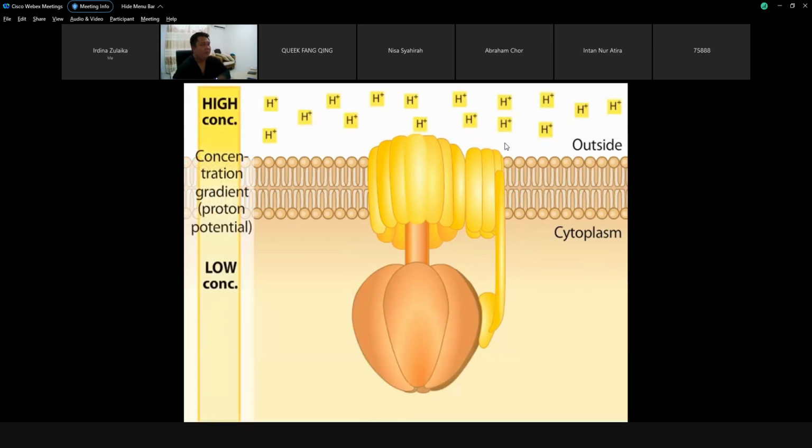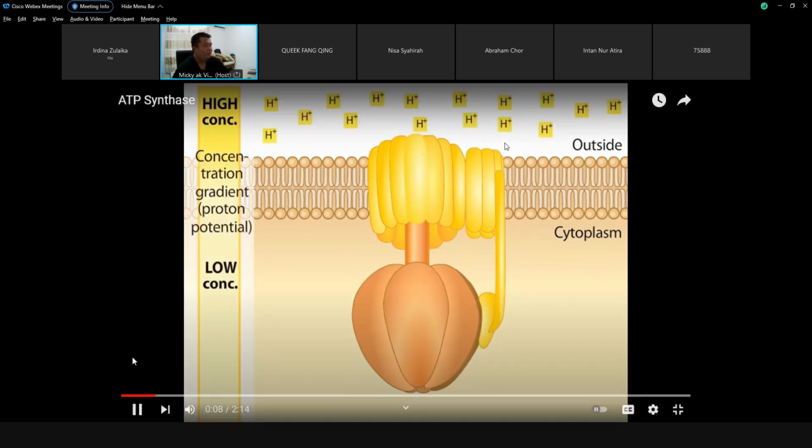Concentration gradient of protons across a membrane drives the synthesis of ATP by a